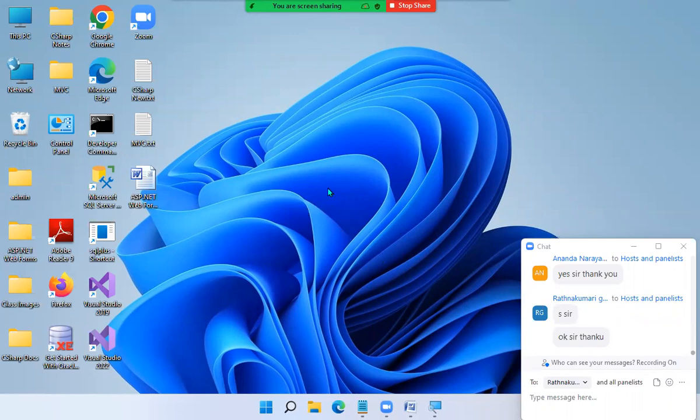Clear? So my suggestion for all of you, whoever has an old version of Visual Studio, is to install Visual Studio 2022 on top of it. Understood? All the new students who are learning C# right now already have 2022 on their machines. Who have 2022, no worries. For those with less than 2022, I'm telling you, install on top of it.